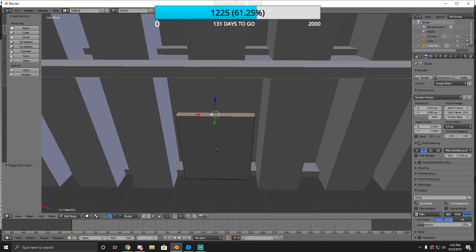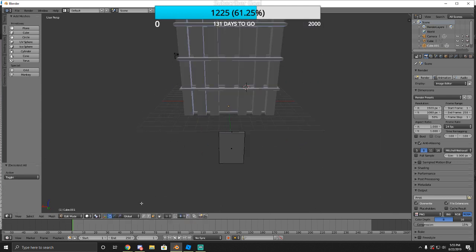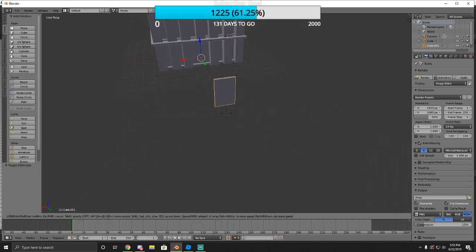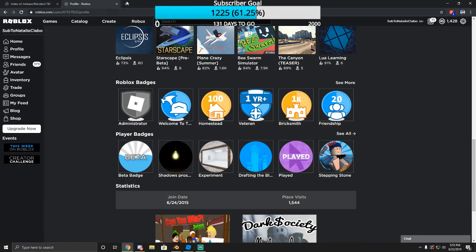And then I'm gonna move this top up a little bit. Right, so that gives me a general idea of how big I need this door. And then you can look up a door reference if you want. So let me just go to like,